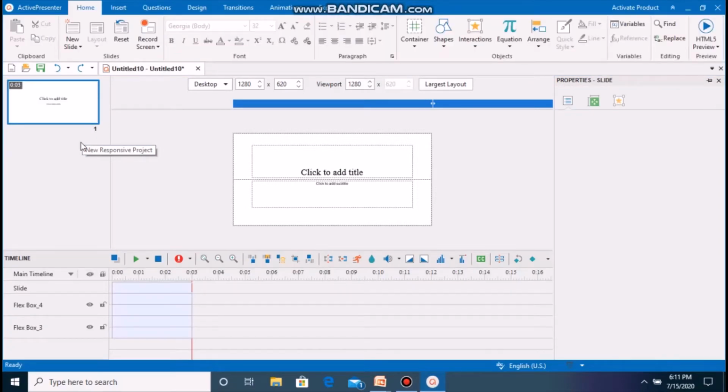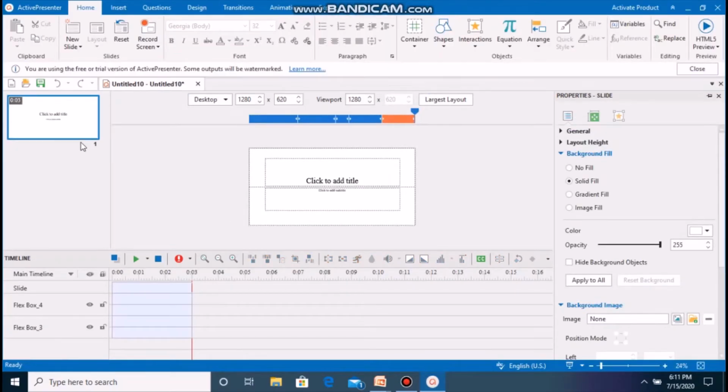To start a responsive project, on the startup page select responsive project resource. When you select responsive project resource from Active Presenter, it will open a documentation section with a new project. At the very beginning of the documentation section, you will see a responsive bar.